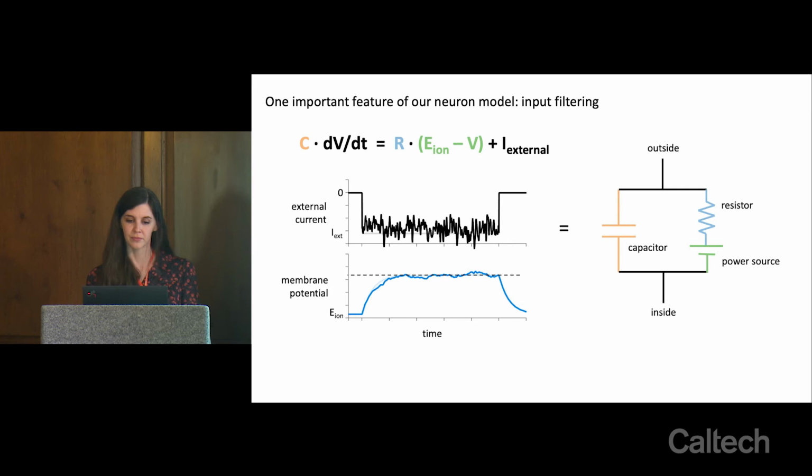Can you give us an intuition about how a low-pass filter might work in terms of ion conductances and other biophysical features of a neuron's membrane? Yeah, I guess the intuition comes from this equation: your rate of change of membrane potential is limited by your capacitance of the membrane and by the resistance to ion flow across the membrane. So the lower your capacitance or the higher your resistance, is that right? As you change these parameters, you change the effective time constant of the membrane.